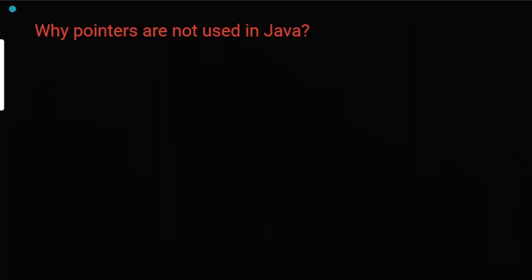Now let's check the third question. This is again a very, very important question, that says why we don't use pointers. You must have seen in C++ we have pointers, but in Java we don't have pointers. So there is a common question that arises: why are pointers not used in Java, or what could be the reasons? Java does not support pointers. There are few things. The very first is that pointers give you direct access to memory.